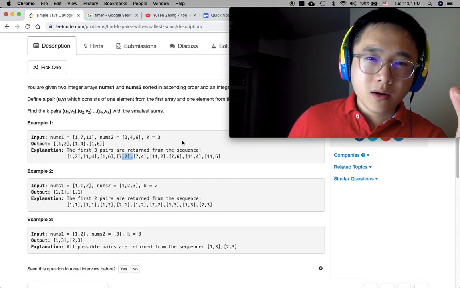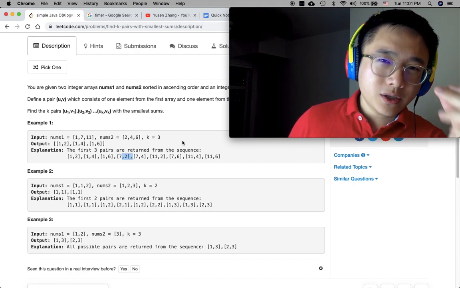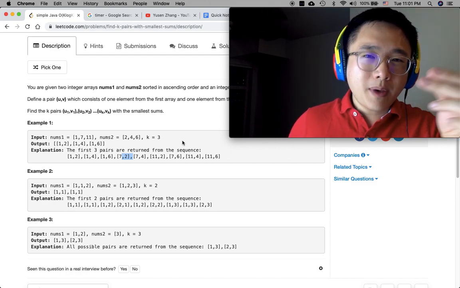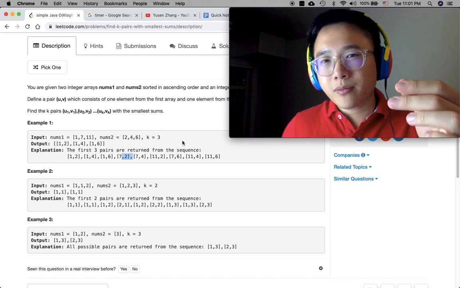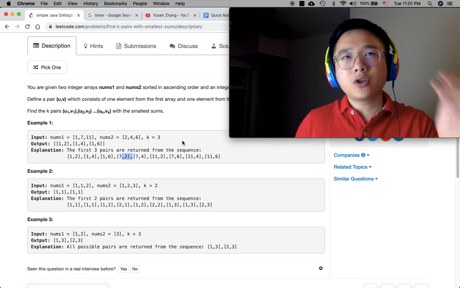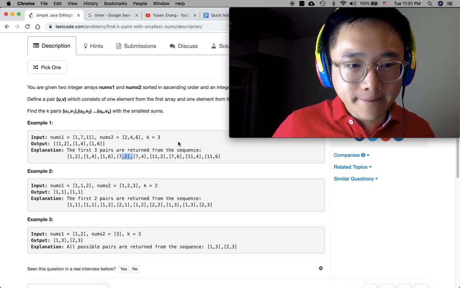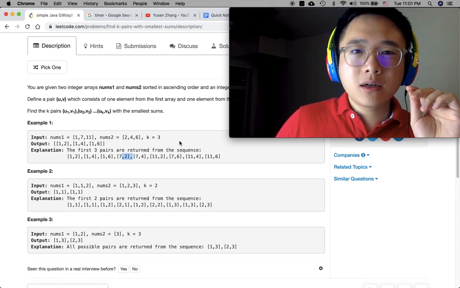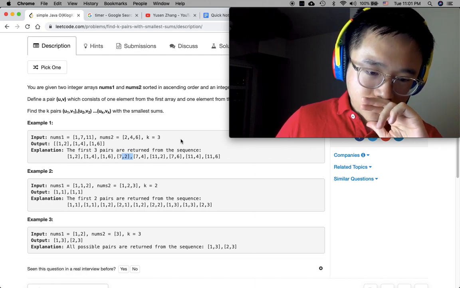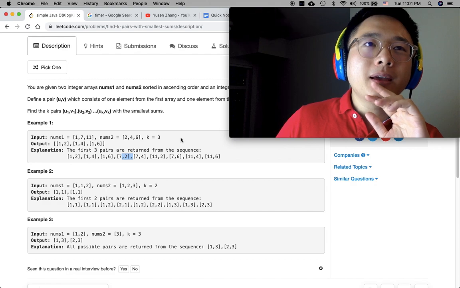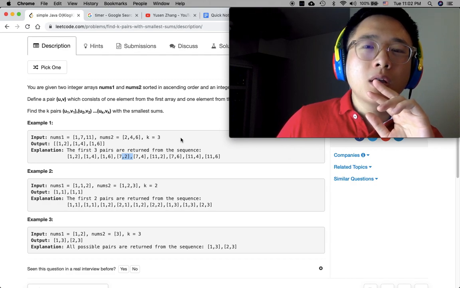So we can add these to the priority queue first, and then we will compare one by one in array 2 and see. And while we're comparing, we'll keep adding the pair to the queue. So okay, let's see. And with this method, yes, we will have to go through m, but then